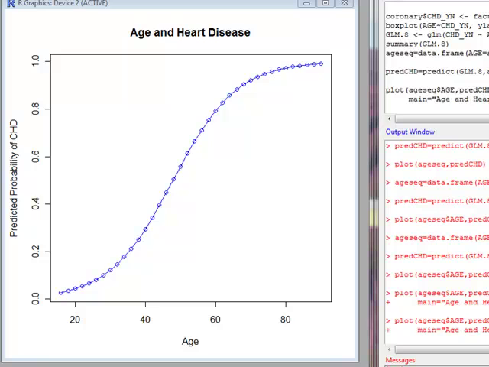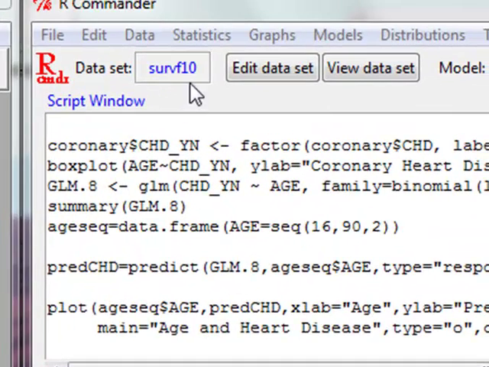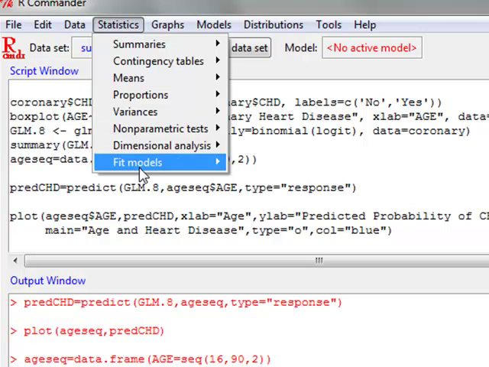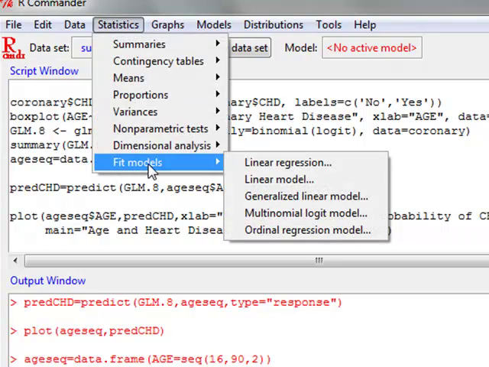For our next example, we'll do a logistic regression that has more than one explanatory variable. And for this example, I've selected the dataset Survey Fall 10, and this is actually a dataset we started the semester with that has the responses from the survey of UMF students. So in this case, what I want to predict is the probability that a student voted based on a couple other variables. So I'm going to fit my model,